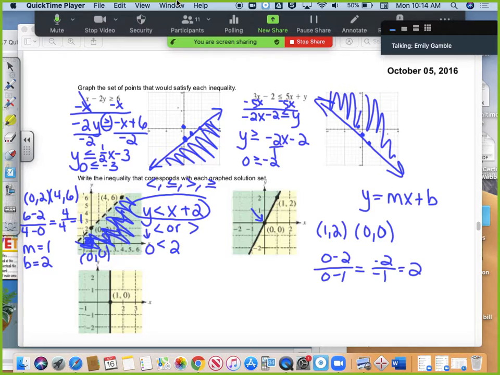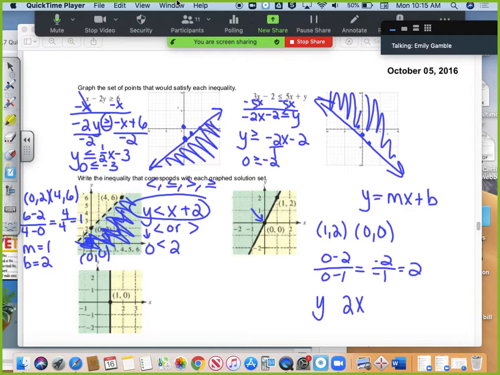The y-intercept crosses at 0, 0 there. So you don't have to necessarily put in a y-intercept since b is 0. So the equation would be y equals 2x plus 0, or just y equals 2x. Because this is not an equation, it's an inequality, I like to just put a space there and then determine